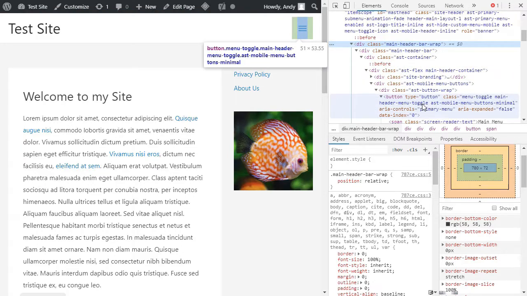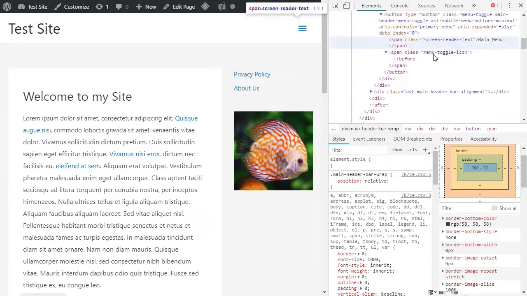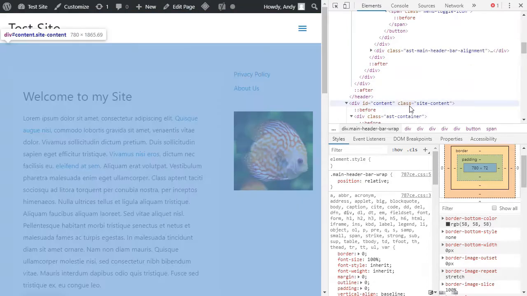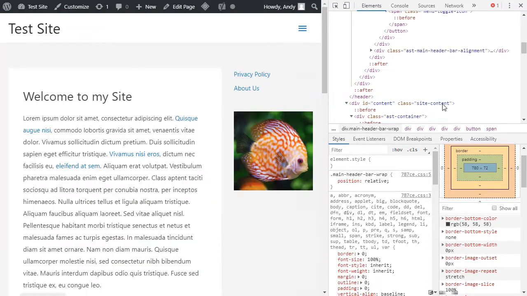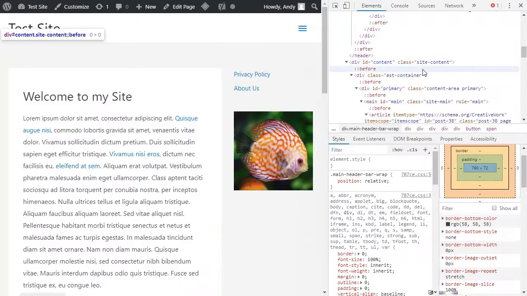This is the code for the menu. You can see the menu is now selected, and keep scrolling down a little bit. There's the main content. You can see that that class site content has selected the whole of the content of the article,